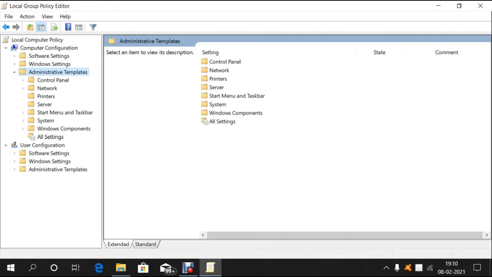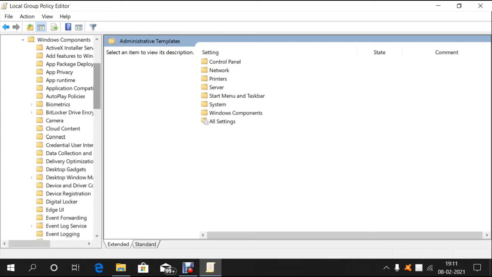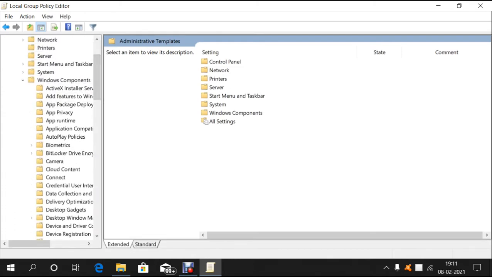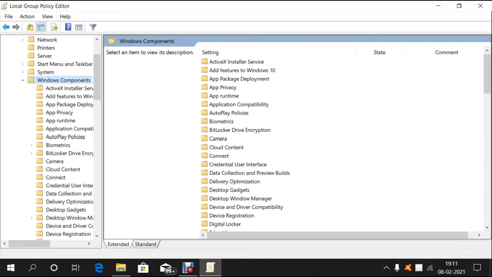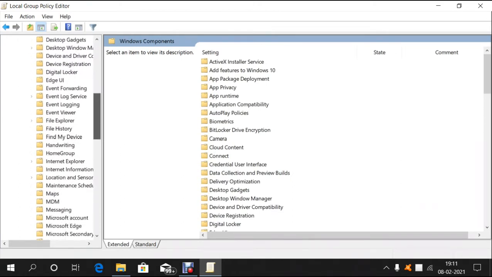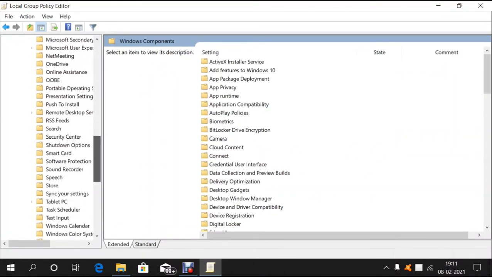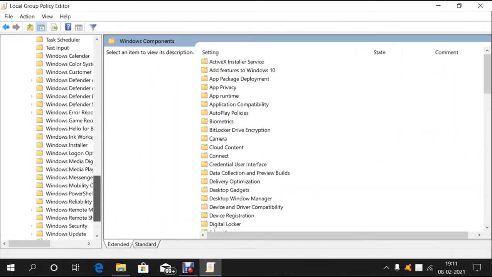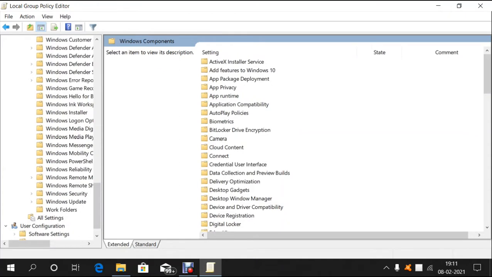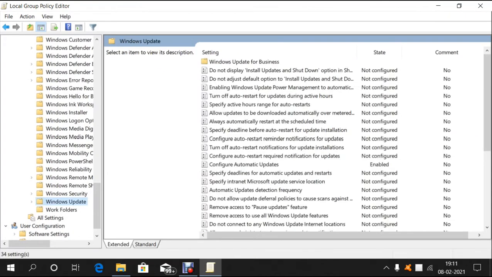Under administrative templates, just expand this Windows components, and just scroll to the bottom. Under Windows components you could see the Windows update option, just click it.